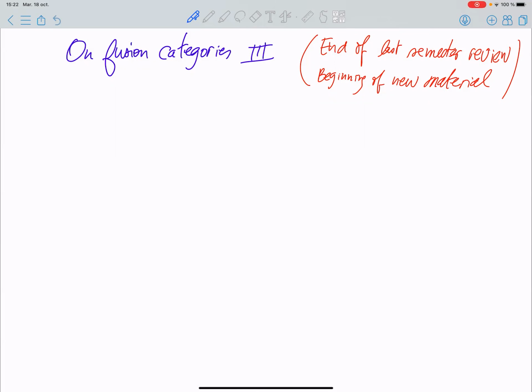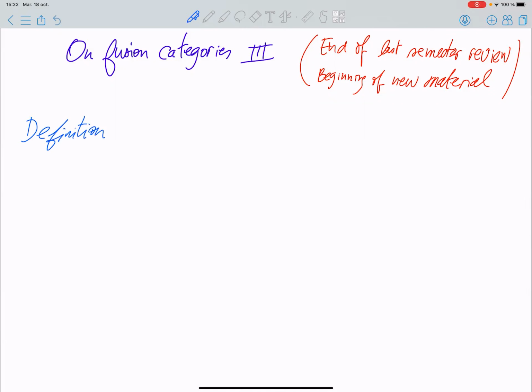So today, we will finish the review of last semester, and we will start the new material part. Okay. So last time we talked about algebra objects in a tensor category, and now